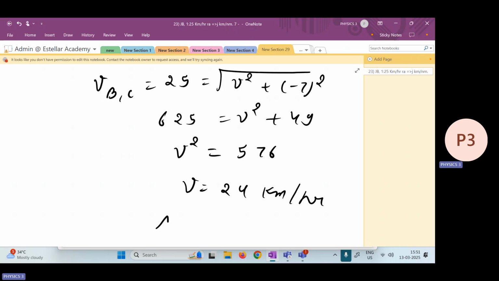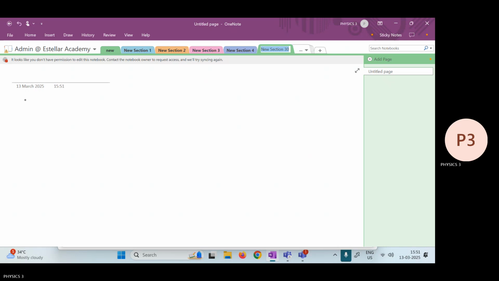So A option would be correct answer. Now let's go for the next question, the 24th question. So in the 24th question, we have given that